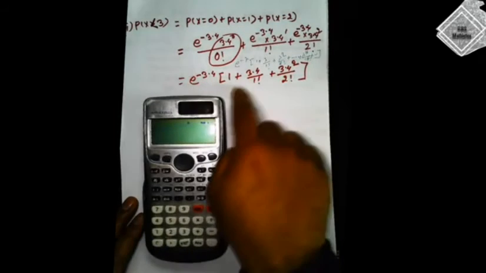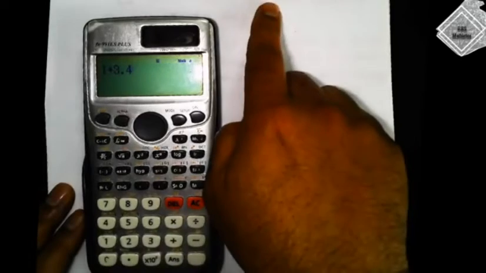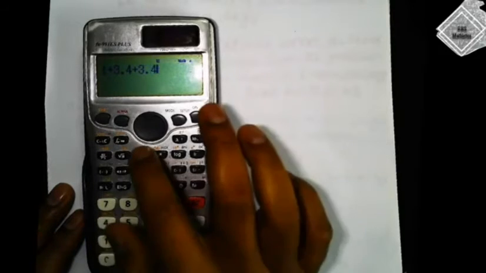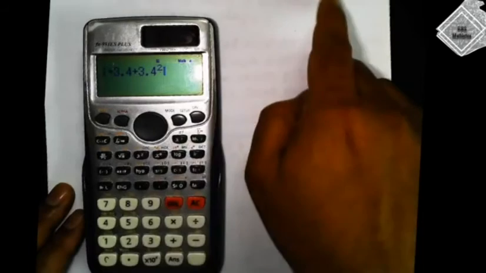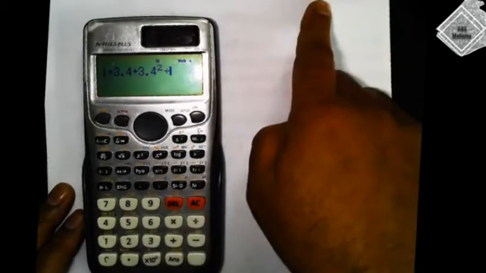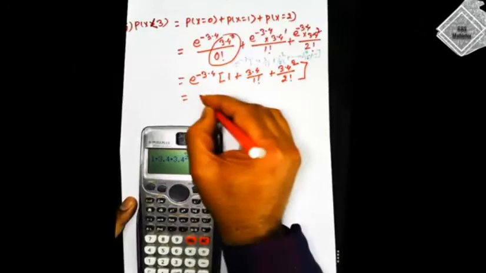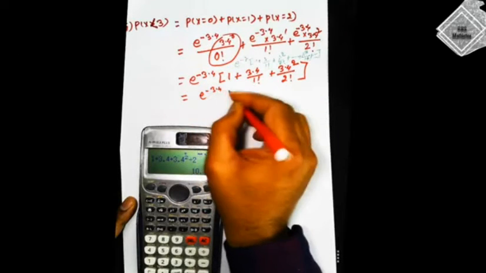And now, again, it is the turn to use the calculator. In the calculator, I'll first work out the calculation inside the bracket. So it's going to be 1 plus 3.4 divided by 1 factorial. I don't write it because this is going to be 1. So plus now 3.4 squared, and then divided by 2 factorial, which I know means 2, so I'll divide this simply by 2, and my answer is e to the power negative 3.4 times